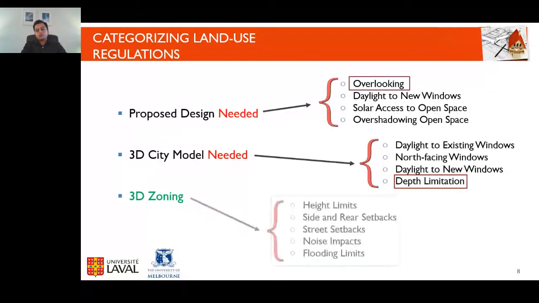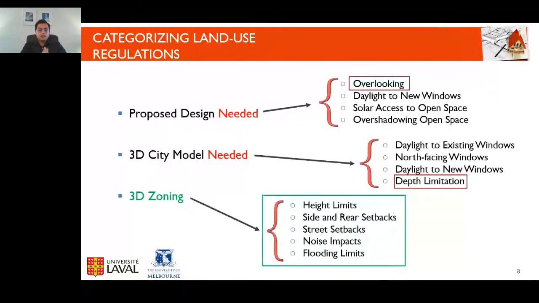But the last group includes planning restrictions that can be mapped into 3D zoning, mostly based on planning information. And it seems to be the most valuable one to achieve the overall objective, as a start to enrich 3D zoning and integrating it with 3D cadastre to enable visualizing restricted and usable spaces.